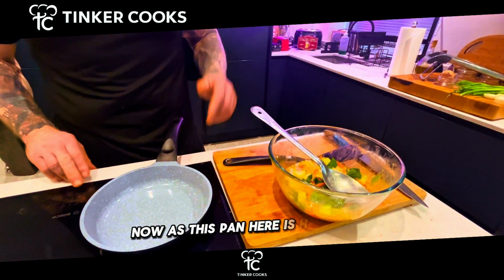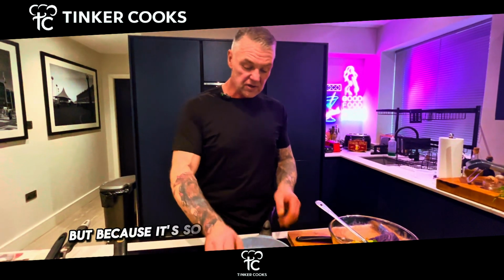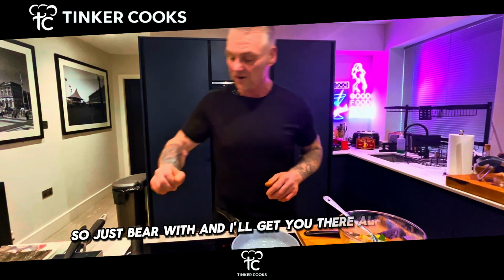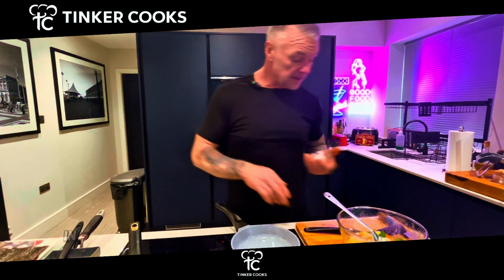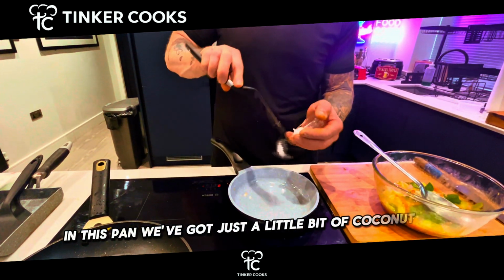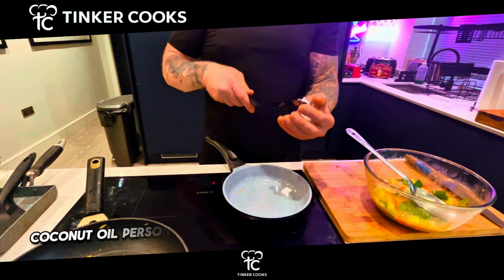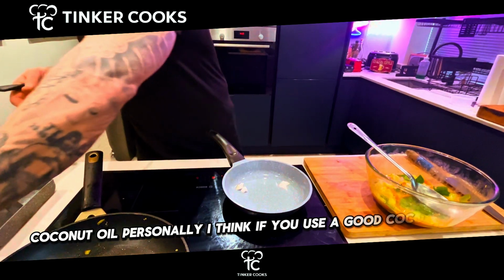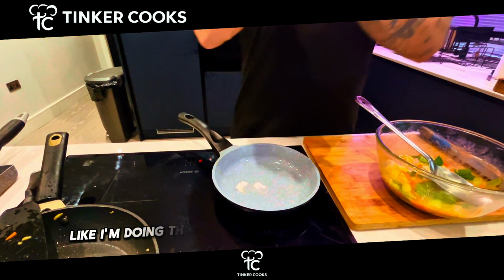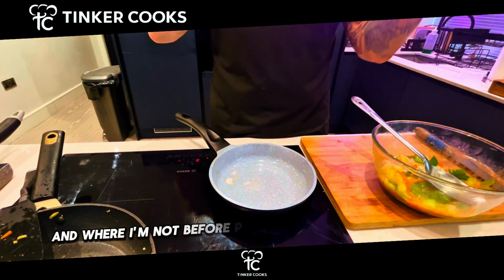Now, as this pan here is heating up, these pans that I've got here are quite funky pans, but because they're so thick, they take a while to heat up. So just bear with me and I'll get you there. All right, so in this pan, we've got just a little bit of coconut oil, just like used in the other one, because coconut oil, personally, I think if you use a really, really good one, like I'm doing this in Chinese style for young, where I know before people say they use